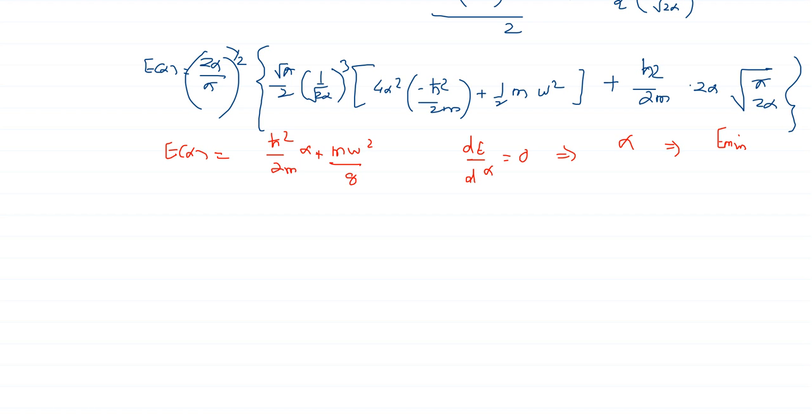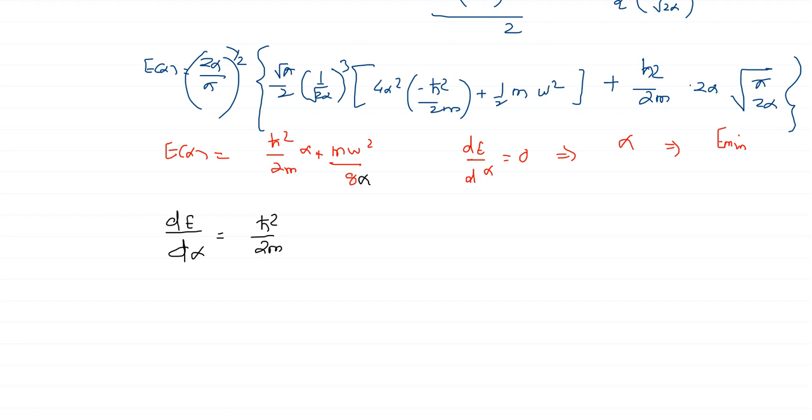Only thing, you will have multiple terms, since now we have simplified this in this form. Let us now find out what is dE by d alpha. So the second part of the problem now starts. It is dE by d alpha. So here it will be h bar square by 2m, the derivative of alpha is 1, and then m omega square by 8. Oh sorry, m omega square by 8 alpha was there.